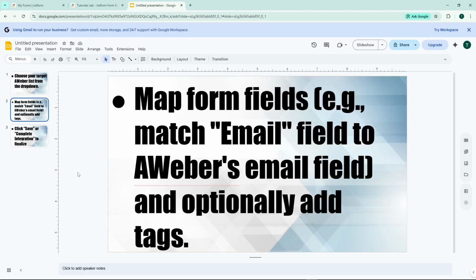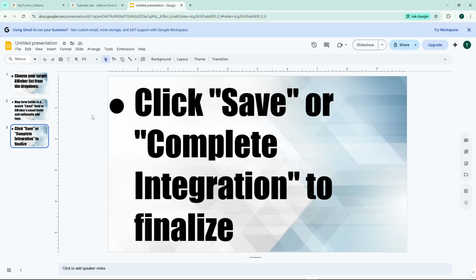Additionally, you have the option to add tags to your subscribers, which can help with segmentation and automation later on. Finally, once all your fields are mapped and your settings are configured, click Save or Complete Integration to finalize the setup. Your form is now fully integrated with AWeber, and any new submissions will automatically flow into your chosen email